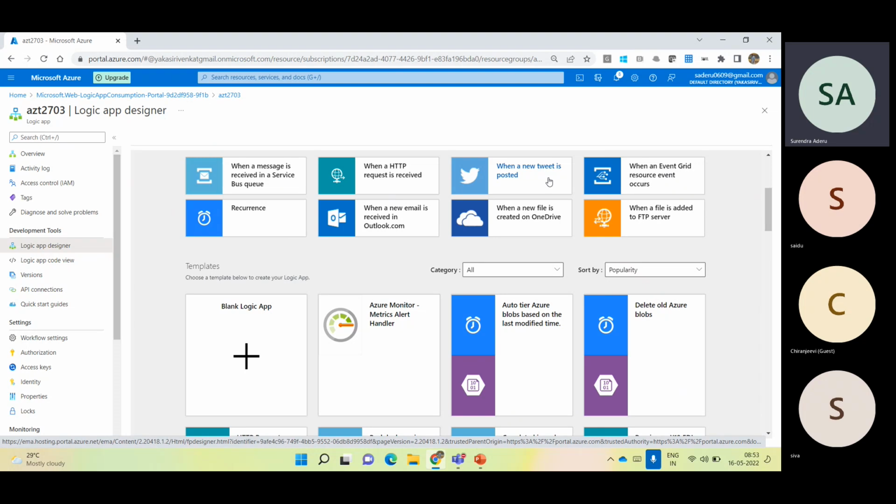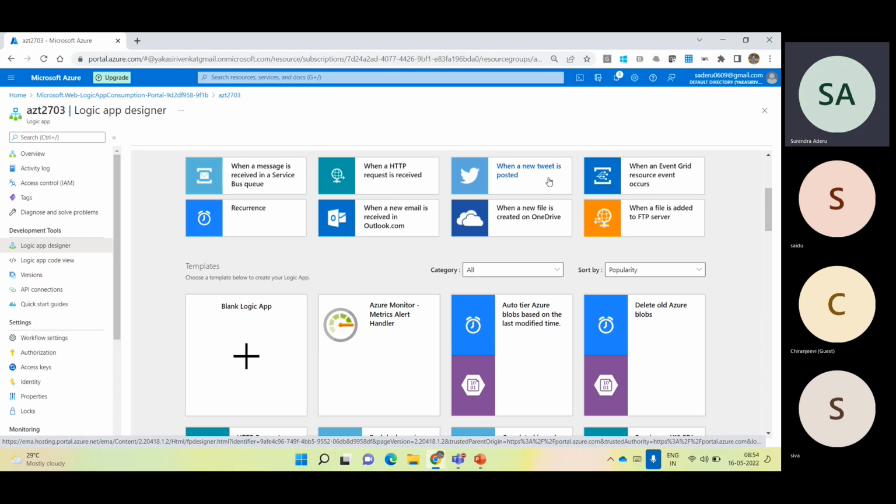Let's say trading, or only movies, or only cricket. In cricket, you only want Sachin or Dhoni. In such scenarios, you can decide that if people are posting with the hashtag Dhoni, hashtag movies, or whatever topic you require,